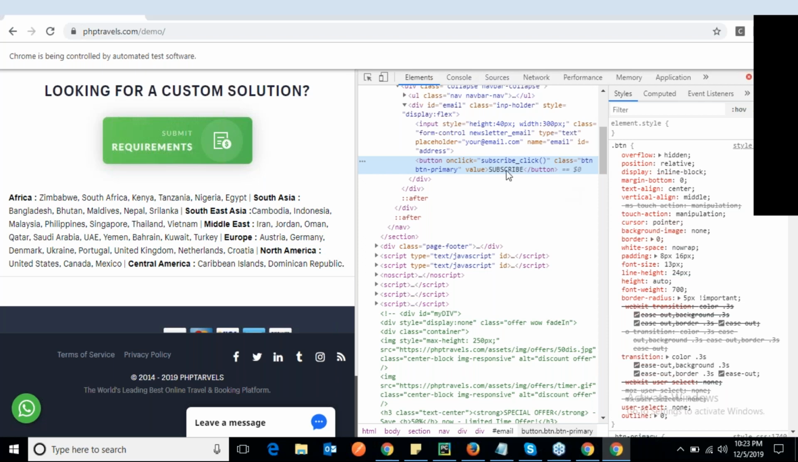So I can write an XPath because I don't see anything specific. If you want to use this class, yes, you can, but